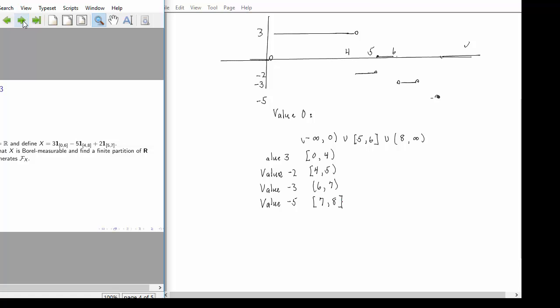Finally, we've got a little proof. This could show up on the midterm exam. I have to define the Borel sigma field